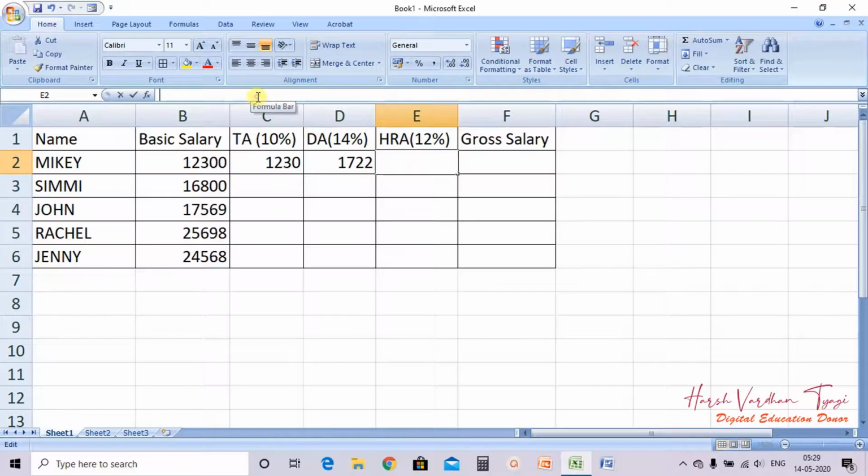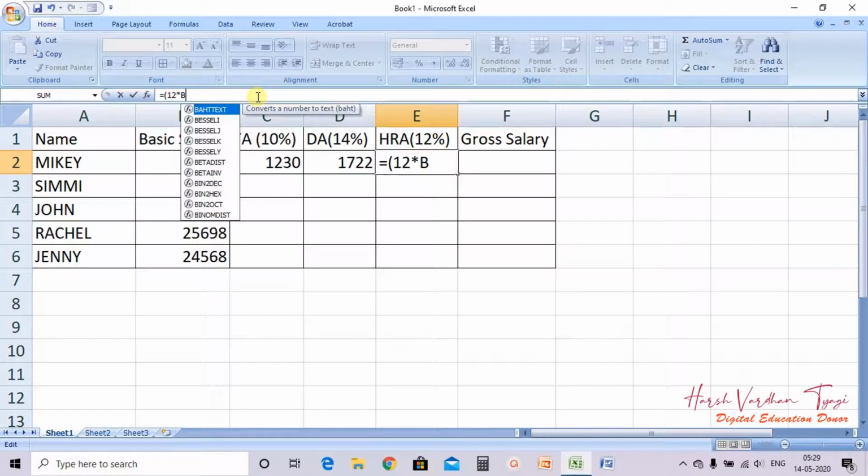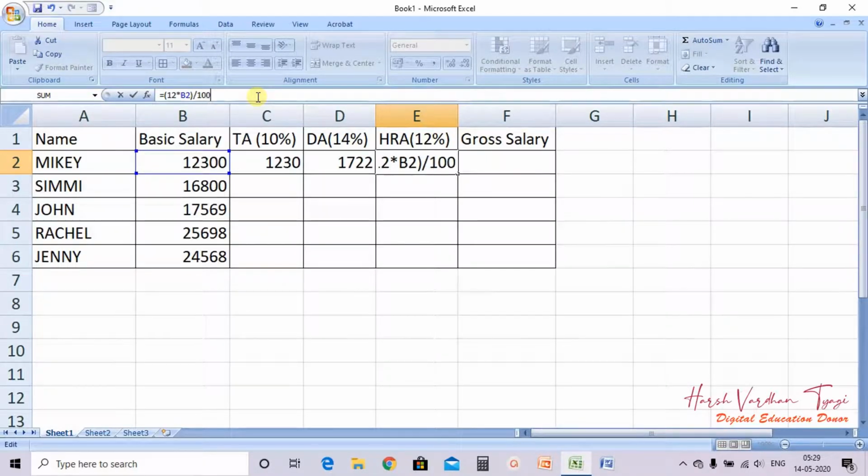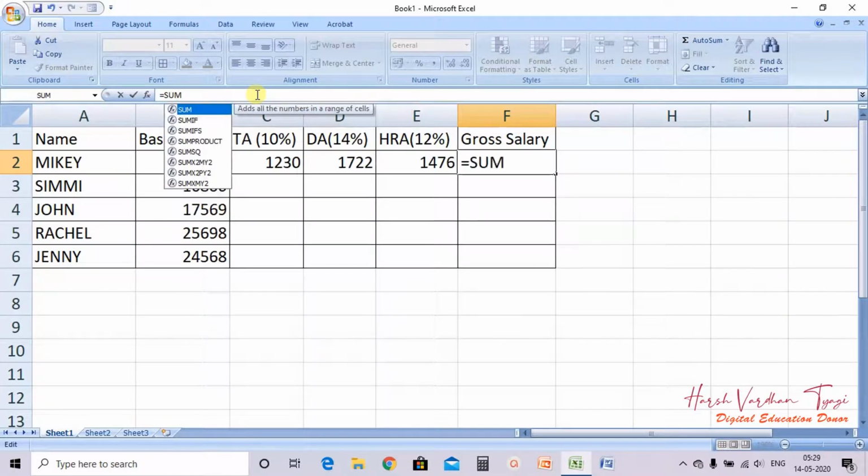Then HRA 12%, equals bracket 12 multiply by B2, divide by 100. And then gross salary, what will be the gross salary? It is the total of basic salary plus TA plus DA plus HRA. So we will write equals sum, B2 colon E2.